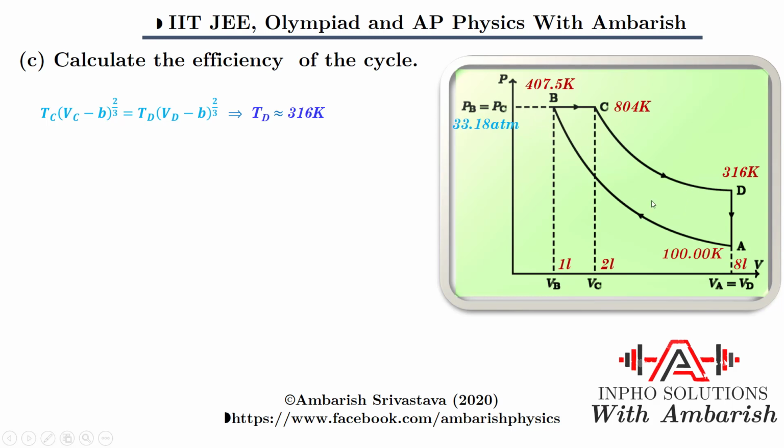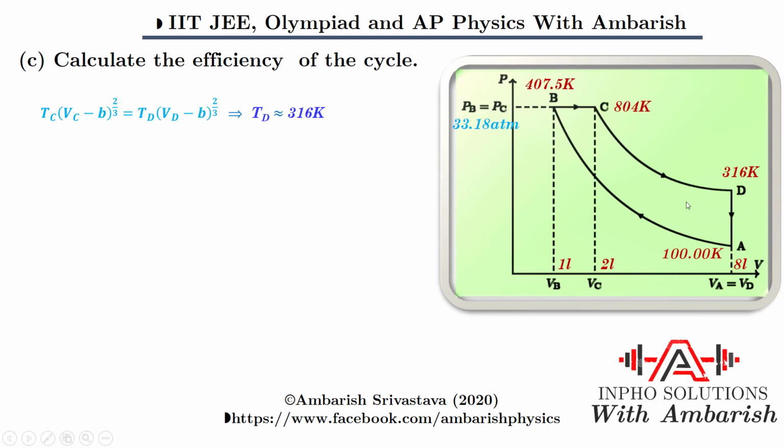So there are two paths where heat is getting exchanged. The process B to C, where heat is getting input into the cycle. From B to C, heat is getting inside the cycle, and from D to A, heat is being rejected from the cycle. So what is the work done? It is nothing but heat input minus the rejected heat. So we just need to evaluate the heat exchange between B and C, and we also need to evaluate the heat rejected between D and A. So Qin and Qout we will be calculating.